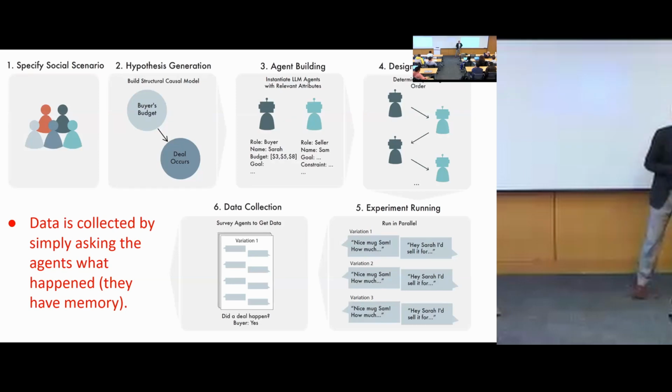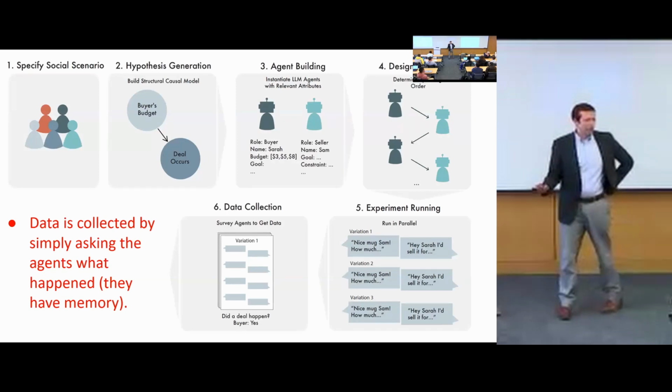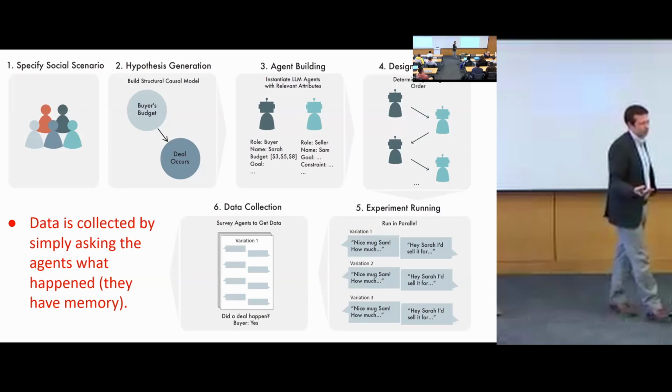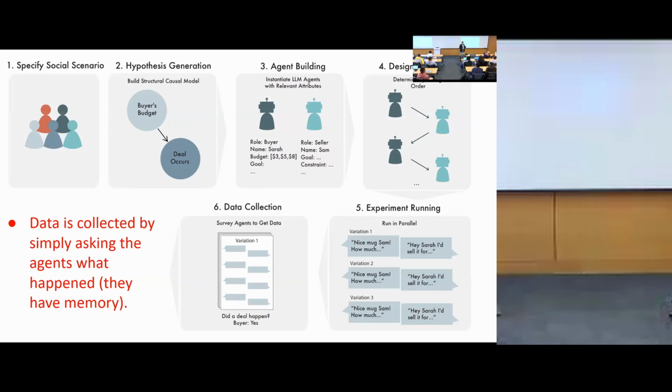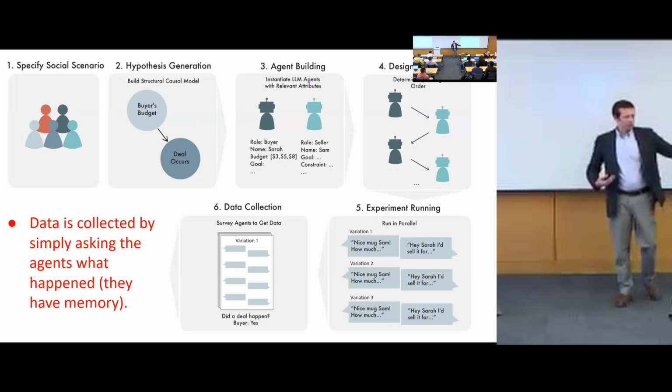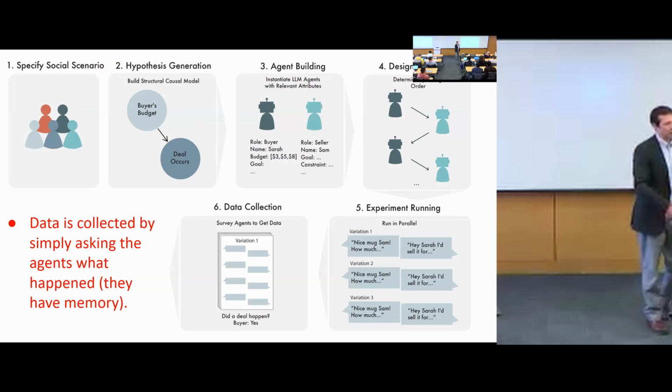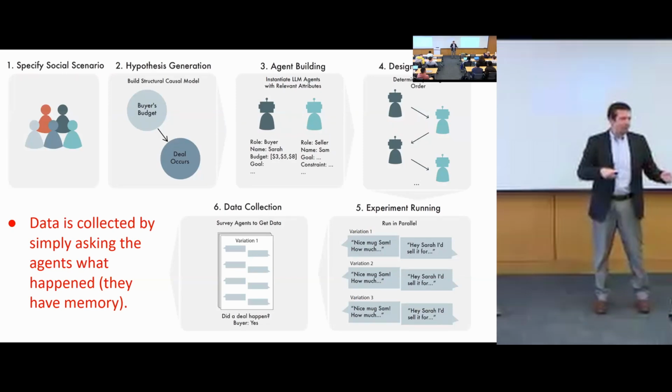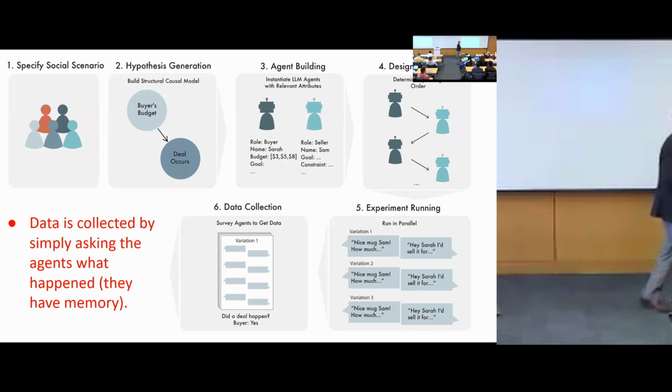Then we really struggled with how we would actually measure if our outcome happened. We'd have to go through the transcript and find it. I think Ben had kind of a genius idea, which was: why don't we just give them as memory what just happened and then ask them about the outcome? Then they could look and see, yes, did a deal happen, or what was the price? So we ask every agent that participated in the study the outcome question, and if we got agreement, like, yep, they all agree that a deal took place or didn't take place, or whatever the price was.